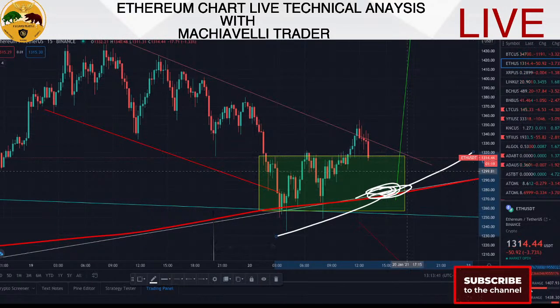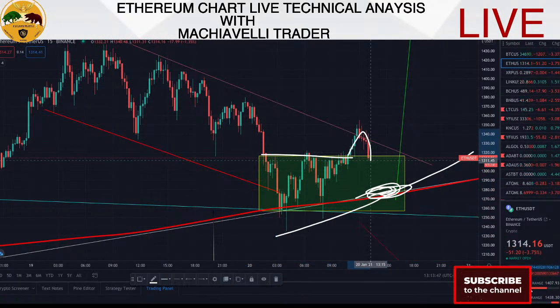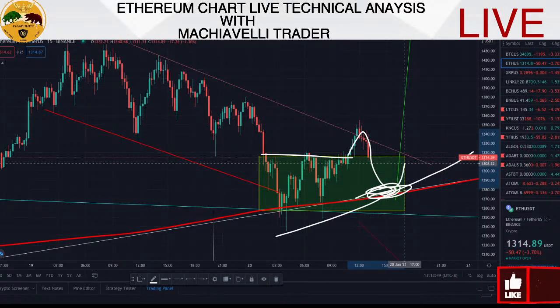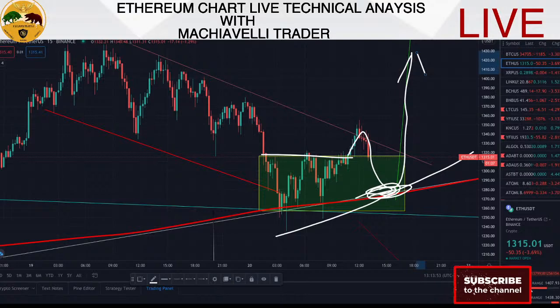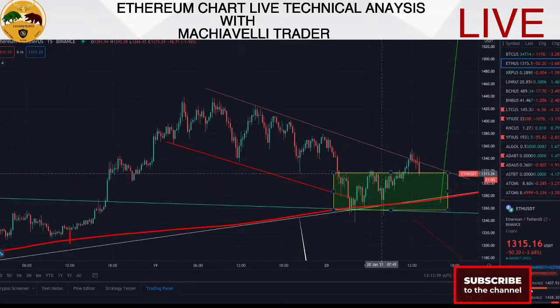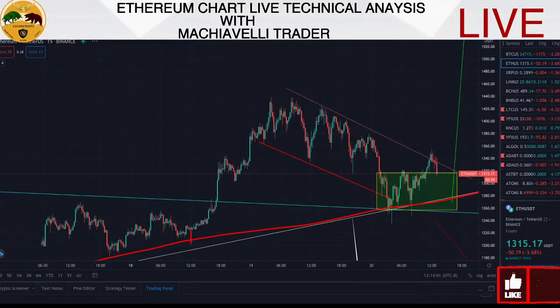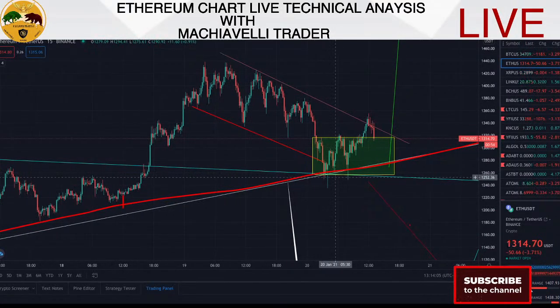So it's going to retest. What we are seeing is a breakout and a retest, right? So that's what we're seeing before price moves like this, right? So that is the possible move that I'm seeing right now based on the closer look view, right? This is a closer view. This is the 15 minutes chart, right? This is a very closer view of Ethereum and what is playing out right now on Ethereum.